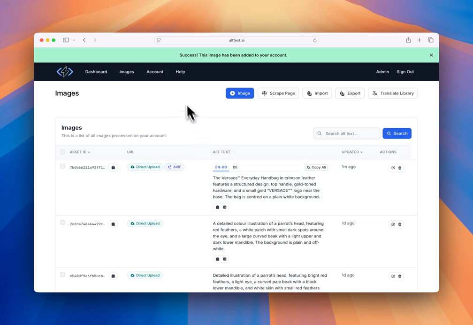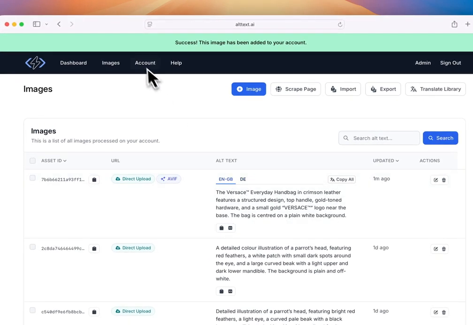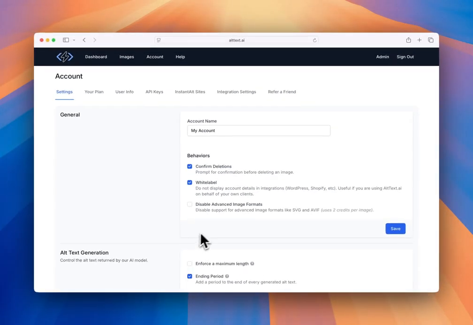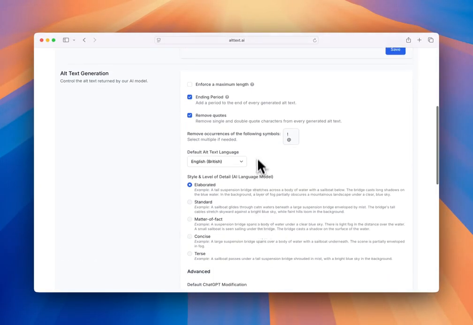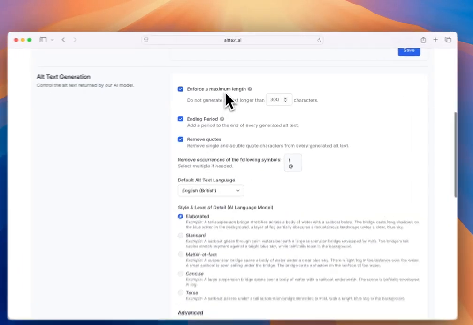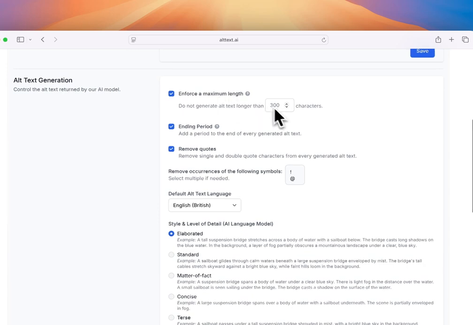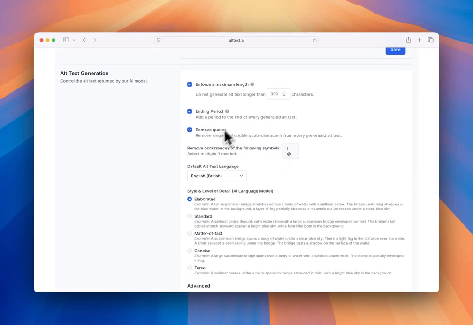You can do this at the account level. So once you go to your account, you can change the settings for tone, things like that. So you can now see how that works. I'll show you the account. So from the account settings, you can see here, you've got all sorts of stuff for you to be able to modify, like setting things like a maximum length, adding a few things for you to change the strings in here,